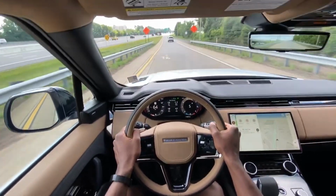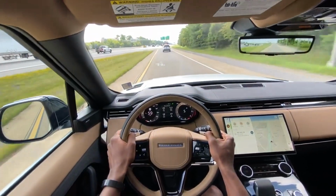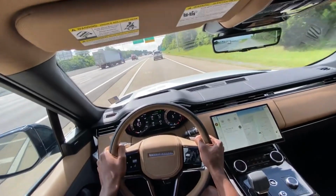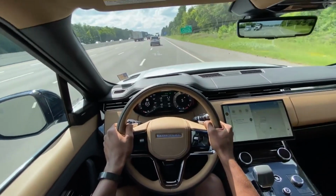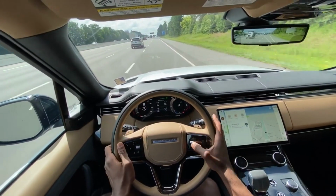And it's just such a great feel with it being twin charged, because you can feel the supercharged power from the forefront, and then when the turbos kick in, or the turbo kicks in, you're just like, man, that is fun. And then in dynamic mode and sport mode, great pull power there. I'm gonna put it back in the drive, and we're gonna go ahead and turn on